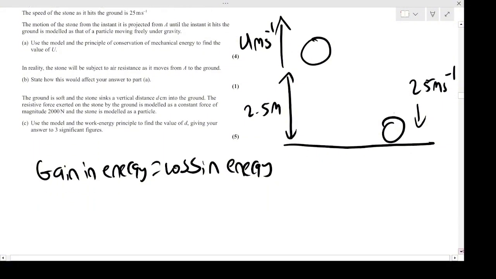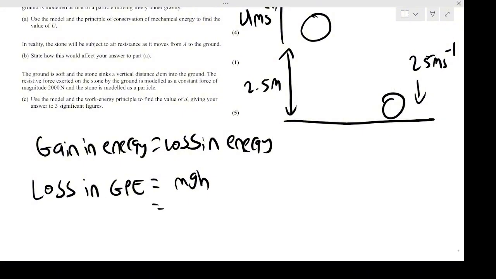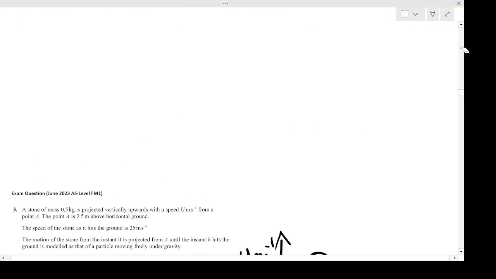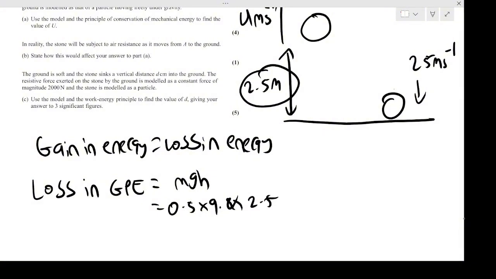So the loss is going to be from the GPE. So if we calculate the loss in the gravitational energy, that's going to be mgh. Well, we know that the mass is 0.5, and then g is 9.8, and the height we know is 2.5. And so if we work that out,